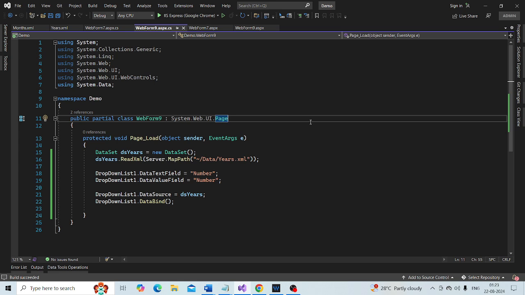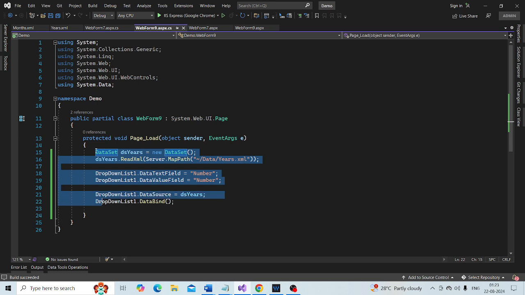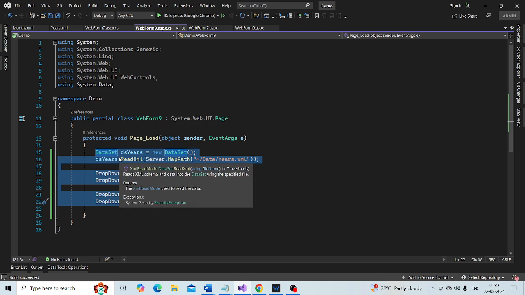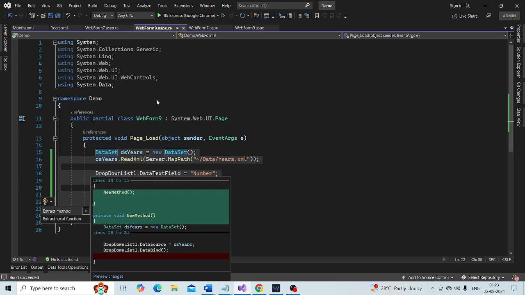Now, instead of having all this code here, I'm going to encapsulate this inside a method. Right click on this selection and then select extract method.